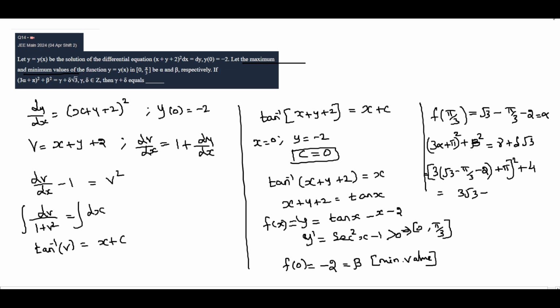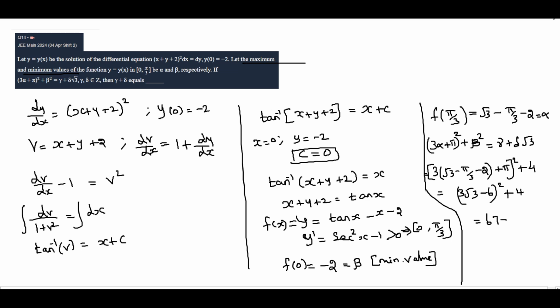Pi will be cancelled. If you expand it, 3 square is 9, 9 root 3 is 27, 27 plus 36 is 63, 63 plus 4 is 67,